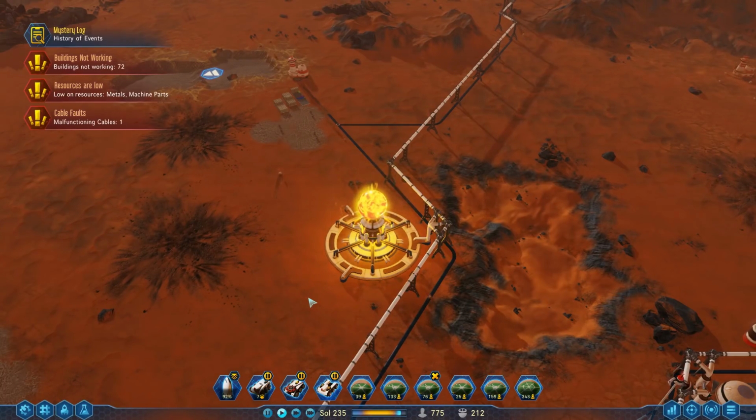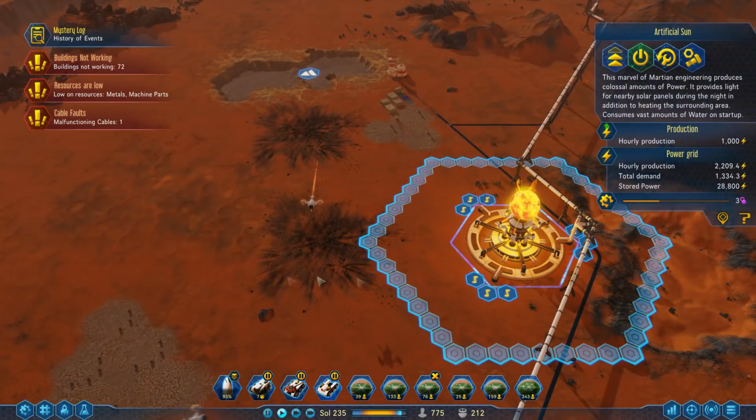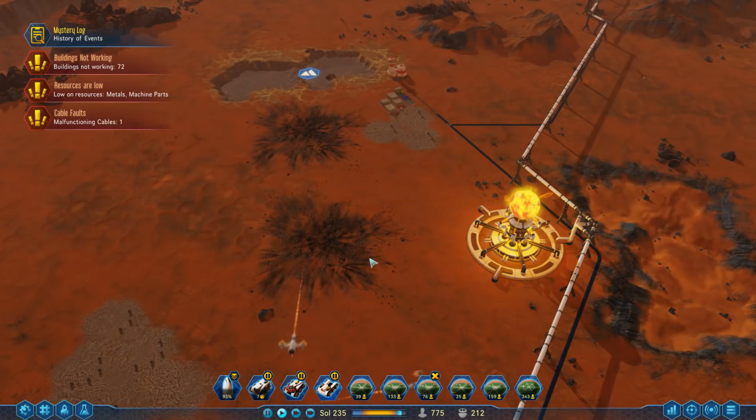Either from the Let's Play I didn't pay attention and didn't read the tooltip, or I don't know if it showed this ring necessarily, but place it out in the middle. With the artificial sun, you can get a lot of cheap energy from the artificial sun itself and the surrounding solar panels. So that is that. Number 9,